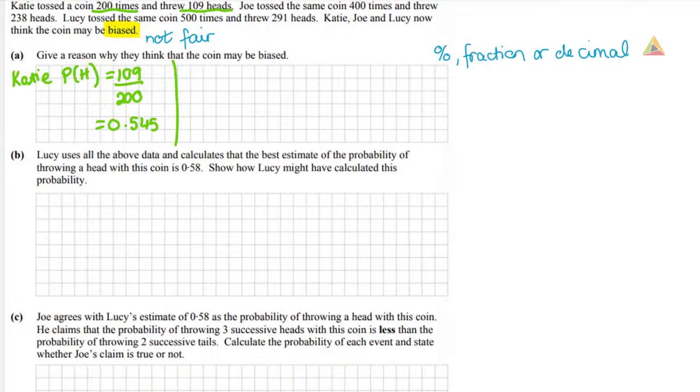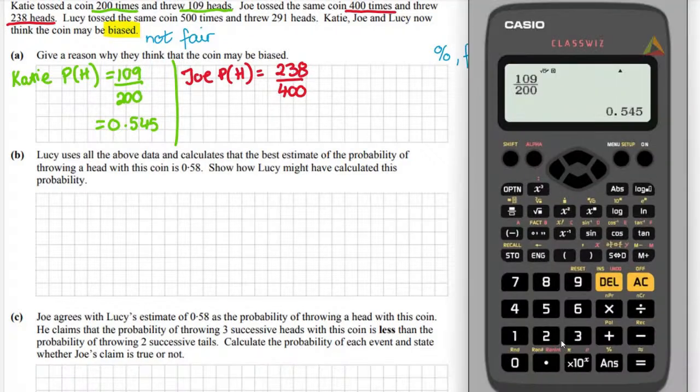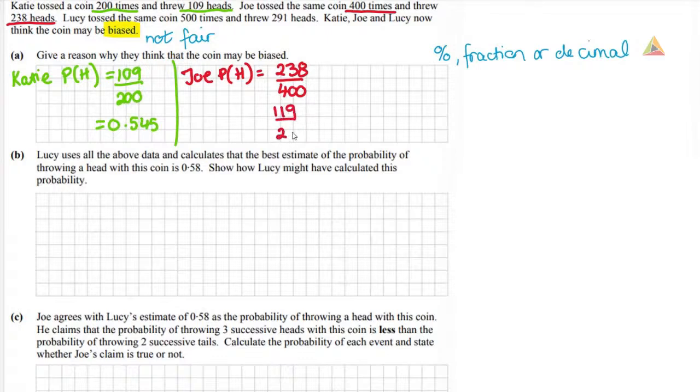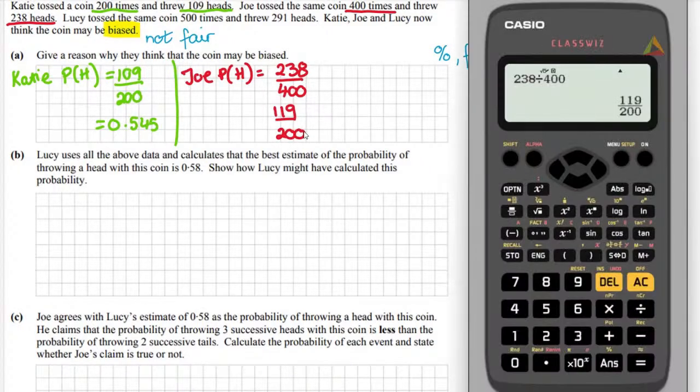So that was Katie. The next one was Joe. So Joe threw the coin 400 times and threw 238 heads. So for Joe, the probability of getting a head was 238 out of 400. And again, we'll put that into our calculator. So 238 out of 400. And I get 119 out of 200. And I said I want to change these ones to decimals, so we'll change this to a decimal, so